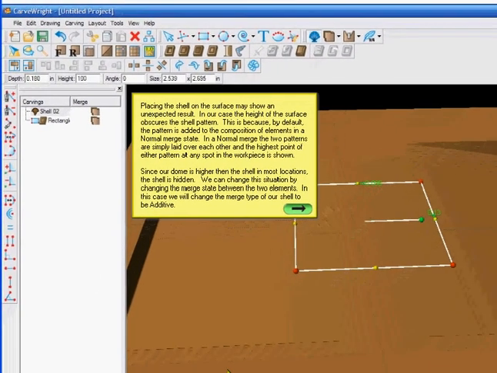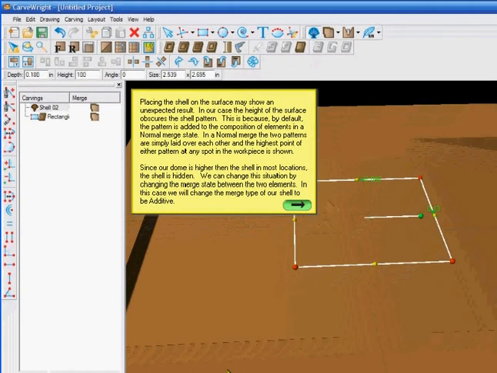I'm going to reposition this now. Placing the shell on the surface may show an unexpected result. In our case, the height of the surface